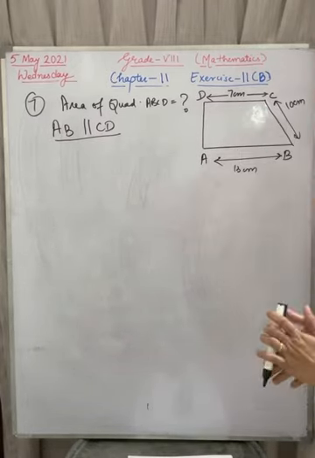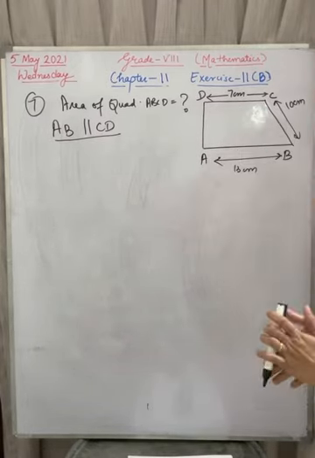Okay, now I can go with the Pythagoras theorem. Hypotenuse square is equal to perpendicular square plus base square. Now one by one, please quickly tell me, what is the hypotenuse in this triangle? Very good, everyone is correct. This is the hypotenuse, this is the perpendicular, this is the base. So it is 10 whole square.